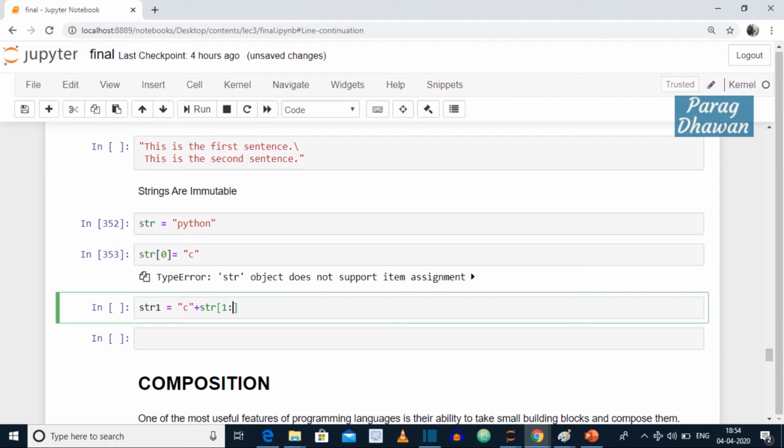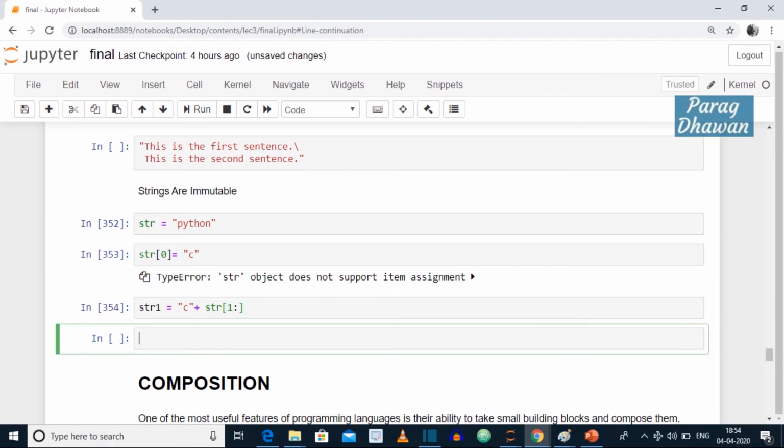After the first character I have to take the rest of the characters, therefore index 1, and to take all the values after the colon I have left it blank. C plus YTHON will be your result in str1. If I print the value of str1, it should be Cython.